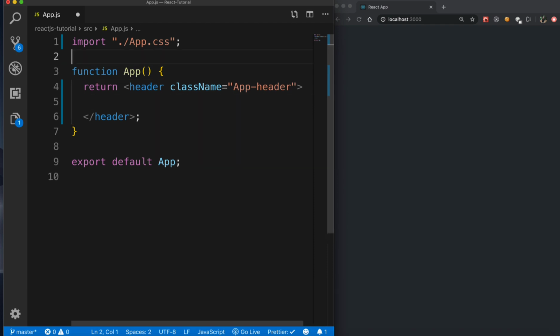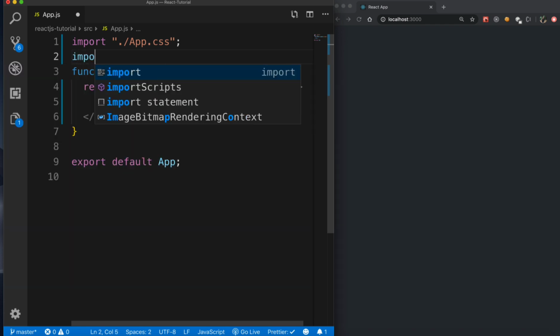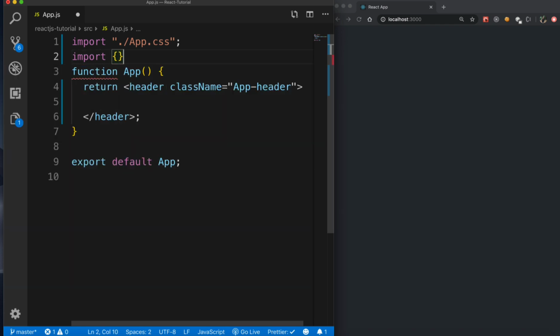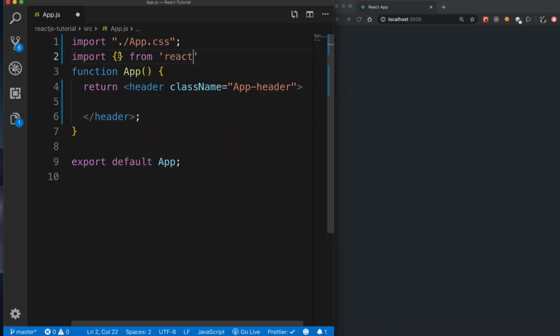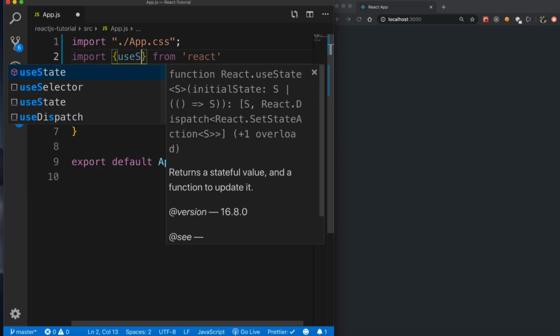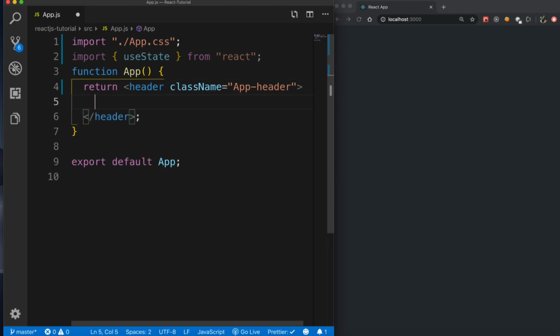So the first thing is we'll have to actually import the hook in order to use it. So here I'm going to do an import, right? We need to import the hook from React. And the way we need to import it is actually a named import. That means it has to be in these curly brackets, okay? So any hook that you want to import should be in these curly brackets. So I'm going to say useState. All right, let's go ahead and actually try to use this.